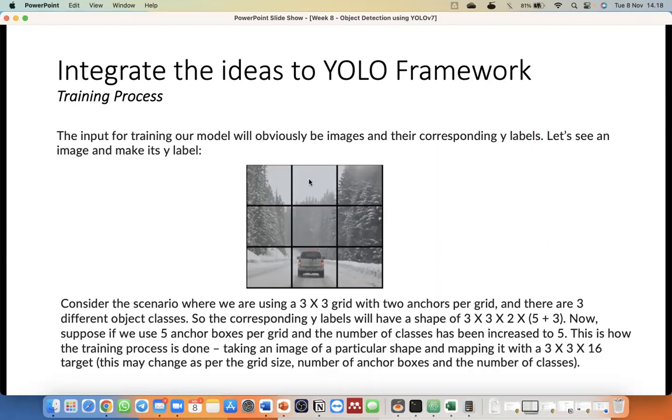So actually, this is the summary of how to use YOLO. It's just a summarization of our discussion before. The input for training our model will obviously be images and their corresponding Y labels. Let's see an image and make its Y label. Consider the scenario where we are using a 3 times 3 grid with 2 anchors per grid, and there are